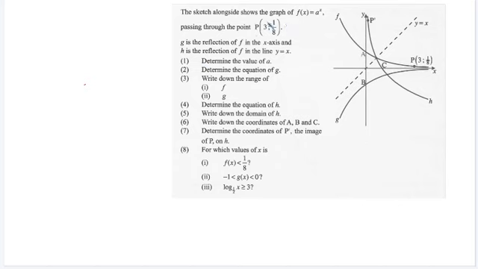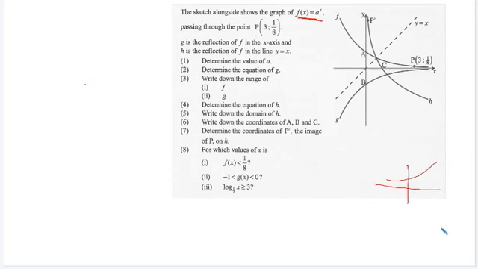All right, we have a question here, interpretation of functions. The sketch alongside shows the graph of f of x is equal to a raised to x, and it is passing through this point with coordinates 3, 1/8. That is your f. And then I want to remind you of something there. Remember, before you start answering questions, you need to understand the question fully. You remember the mother function